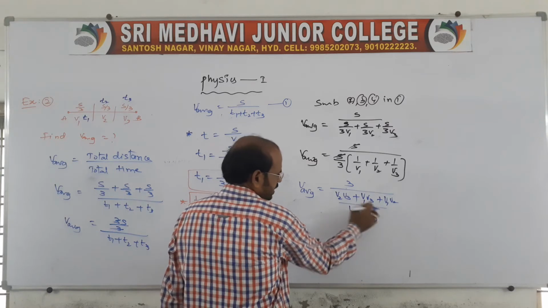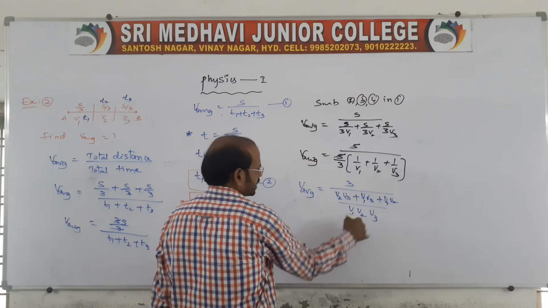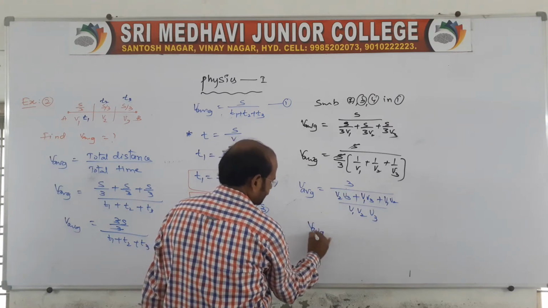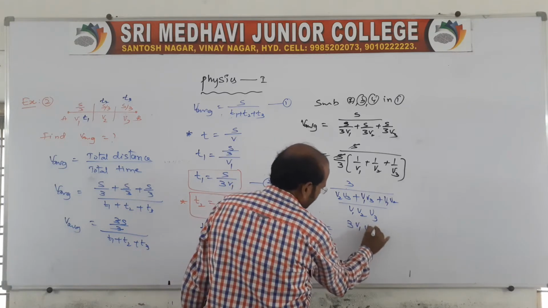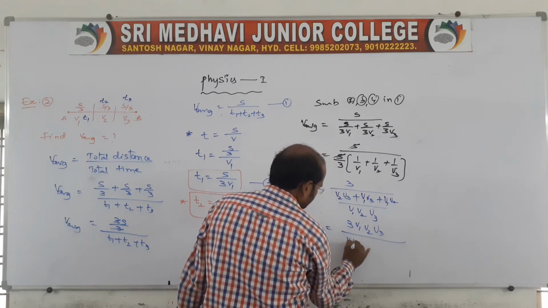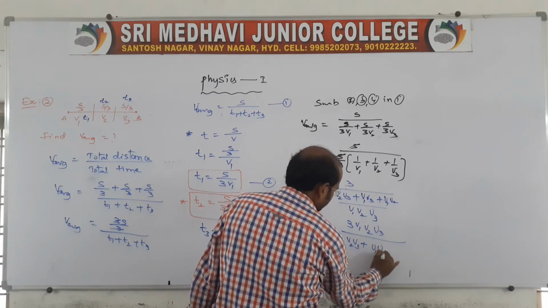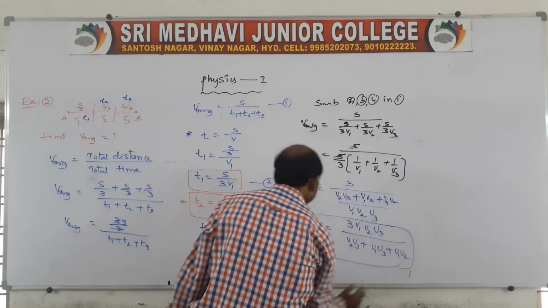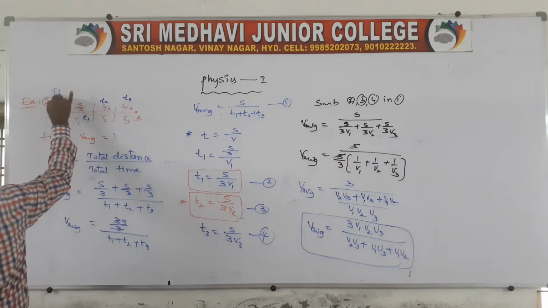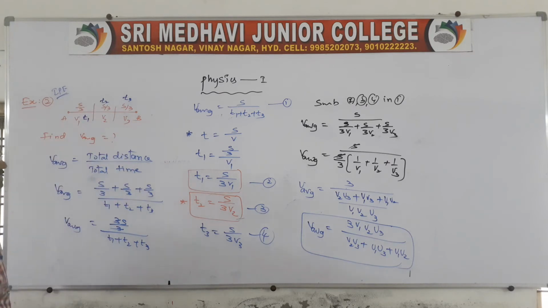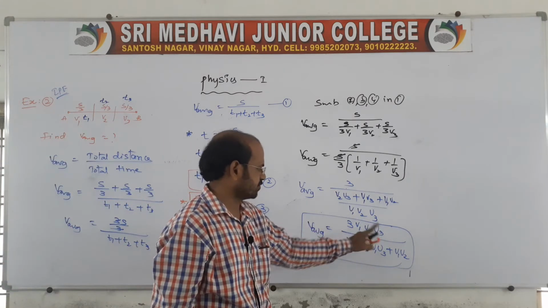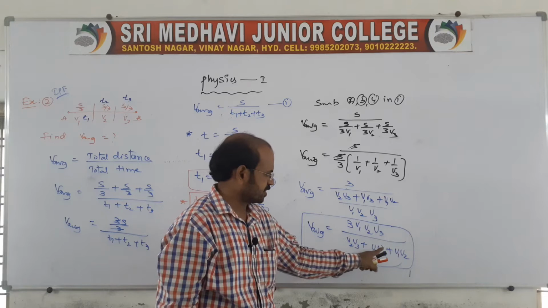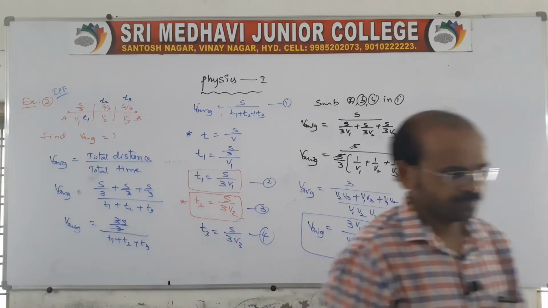Now here the denominator is v1 v2 v3, no? Then you take it up, and we'll get the average speed will be 3 v1 v2 v3 by v2 v3 plus v1 v3 plus v1 v2. This is the average speed and it is for the IPE question. So remember, distances are given. In this question also the distances are given, so the average speed will be 3 v1 v2 v3 by v2 v3 plus v1 v3 plus v1 v2.